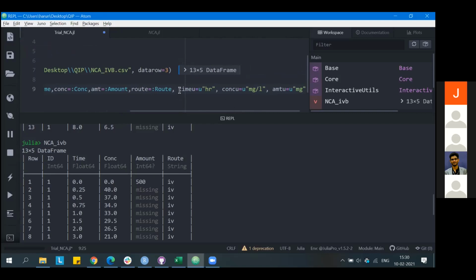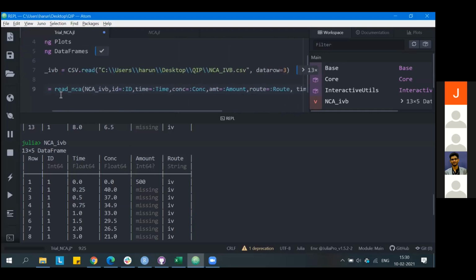It is given by the command units, where the time unit is mentioned as time U, and within the codes you mention the units: HR for hours, mg per liter for concentration, and mg for amount. So I'm just mapping my column entries and my data to the NCA subject data using the function read NCA.